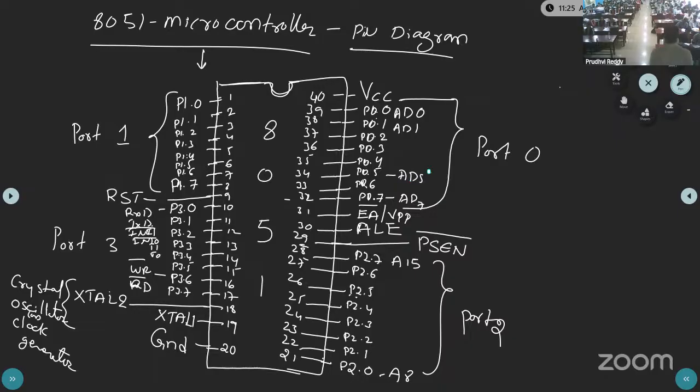ఓకే, అంటే ఏంటి? Port 1 is only general purpose, it doesn't have any special function, but the port 3 can be used for the general purpose input and output. Also it is having some special functions, that is the receiving serial communication. Serial communication means you can send the data or you can receive the data, and to use the two external